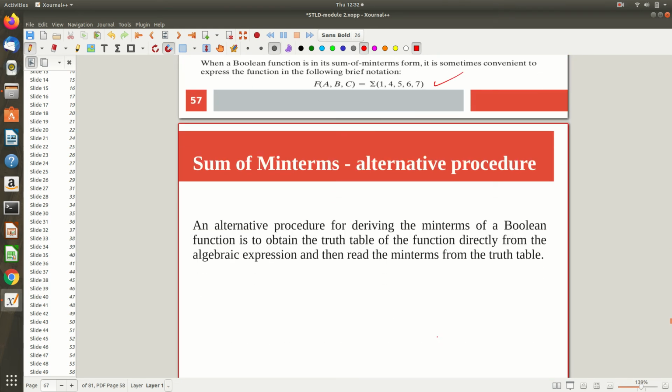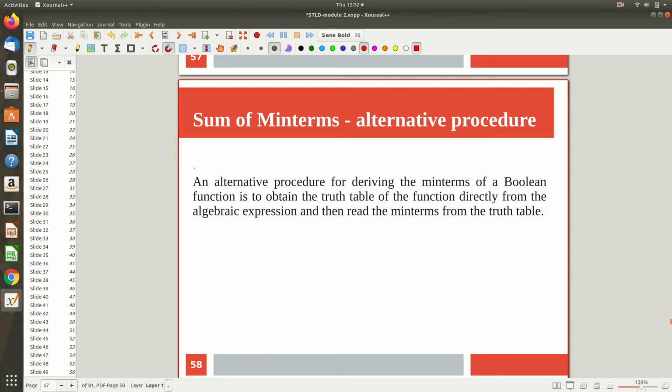Now the alternative way of getting the sum of product term is what we discussed first, using the truth table. One method is by expanding. If variable a is missing, you add that variable by multiplying with a plus a dash. Multiplying with a plus a dash is nothing but multiplying by 1. There is no change to the original value. We are just retaining the value as it is and expanding. That is one way. Another way is to find the truth table and wherever we have 1, write the